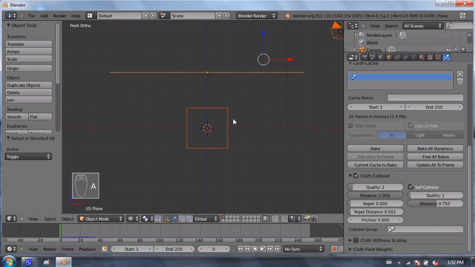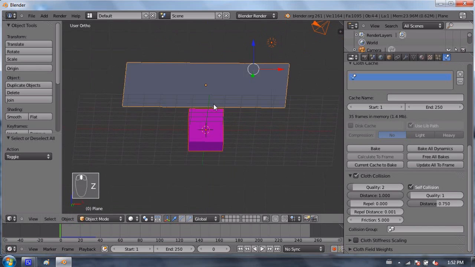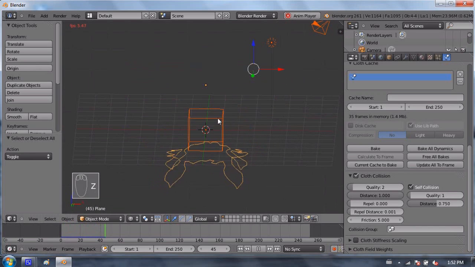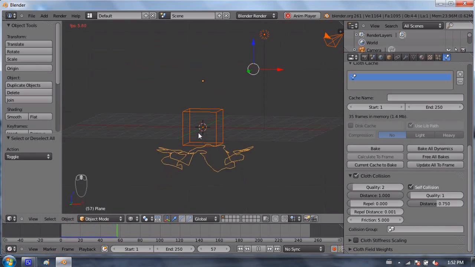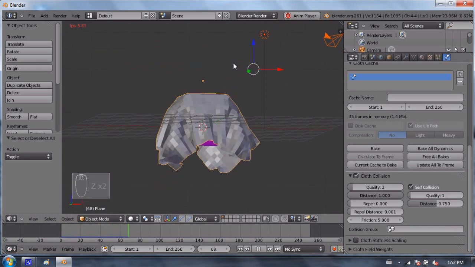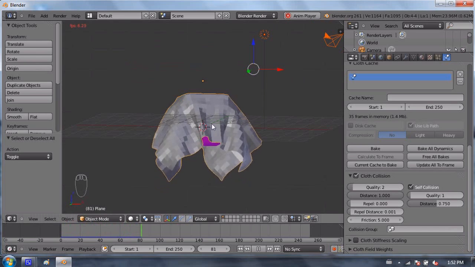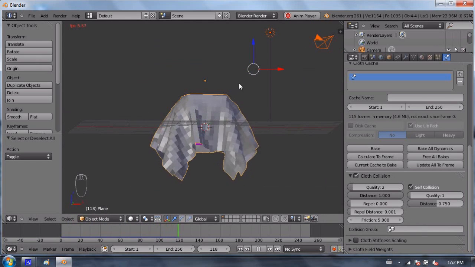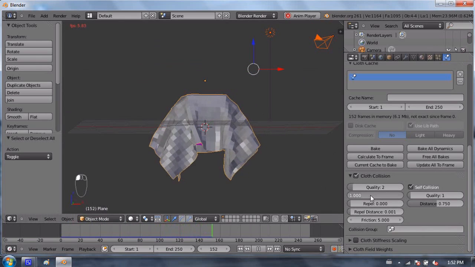ooh, what's going on here? Okay, let's press Alt-A again. That's not going to show it to me either. Okay, it's just going to drape 1 away from the cube. So the cube is actually being made a lot bigger, or the distance is 1, therefore the cloth will drape 1 around all of the cube in every direction. Obviously that's not very good. It needs to be a lot smaller than that.